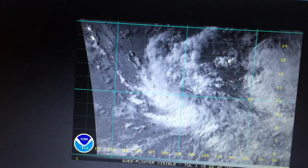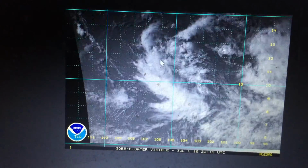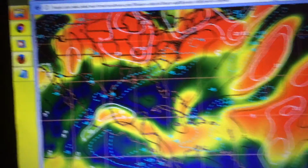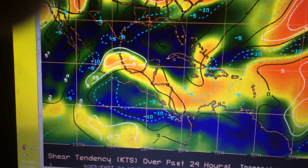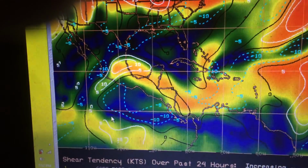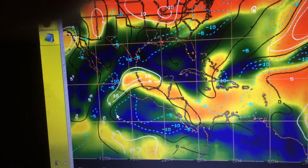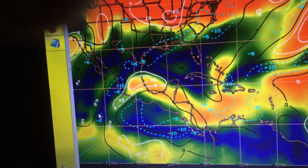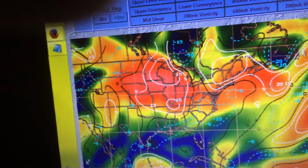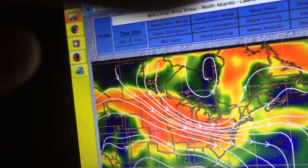Now, of course, we've got to go to Invest 94, which is struggling a bit. It doesn't look as good as it did yesterday. You can see still some nice low-level structure, but there is some mid-level shear, as you can see right around here. The shear is low to moderate, but will be decreasing once the system moves over this area in the next day, which can allow for some steady development. That also has to do with its broad size, as well as the anticipated problem of multiple MLCs. And you can see here,